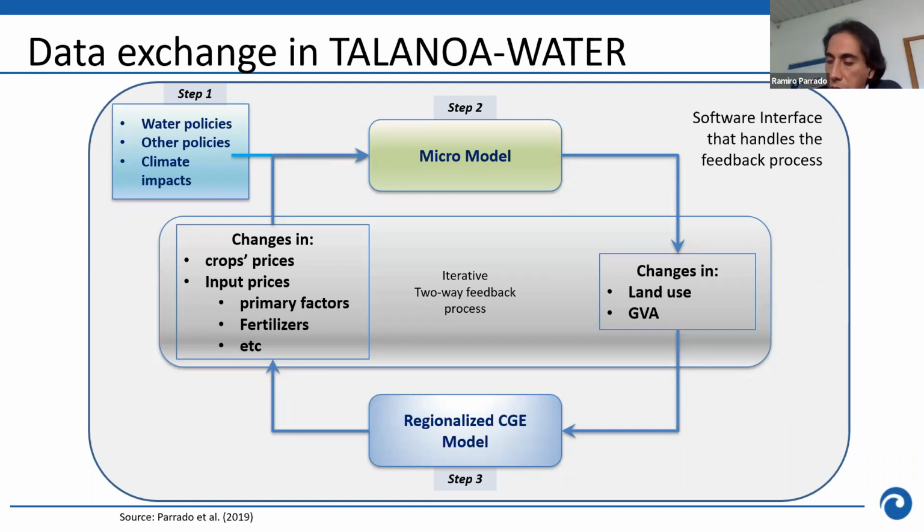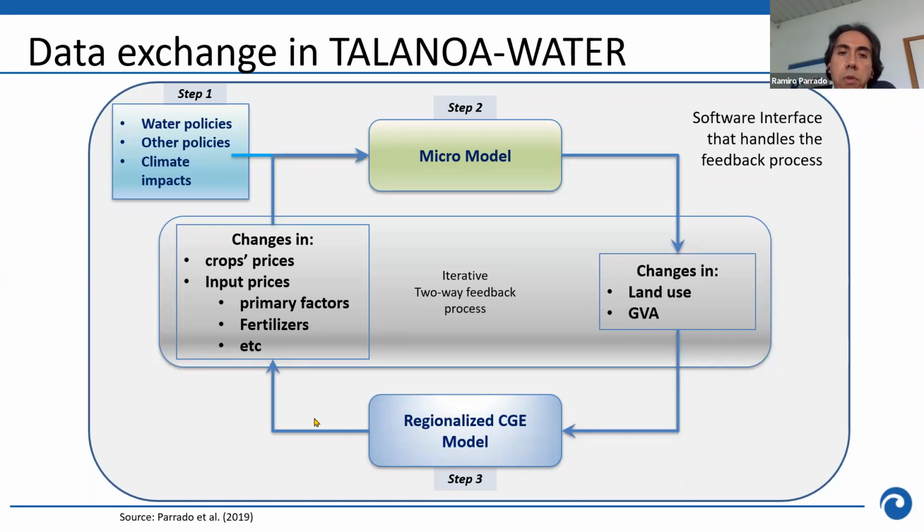One point was already raised by Nina, and she said that output is also important when you have to exchange information between the micro and the macro model. So maybe we could consider adding, besides land use, also what is happening with gross value added, either as changes of productivity or other ways that we could find in the CG model.